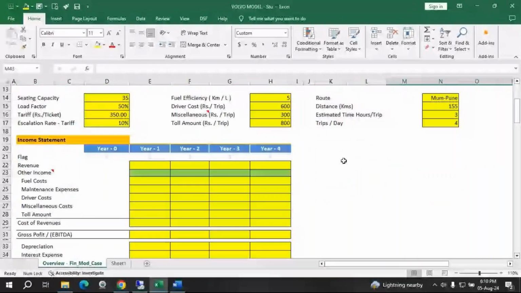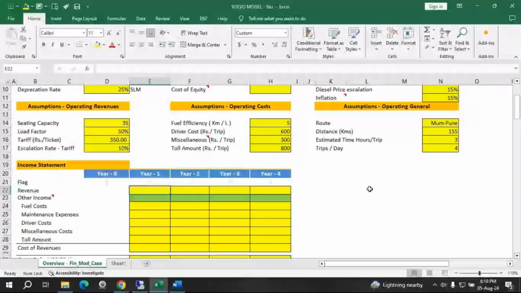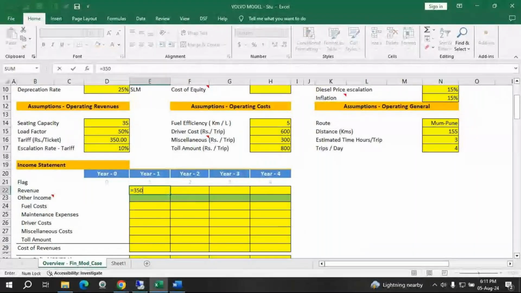The first thing I have to calculate is the revenue. Revenue is equal to the ticket cost, 350, into the number of seats, 35 seats, into the 50% load factor, into the number of trips per day, 4 trips. This is for one day, so I need to calculate it for 365 days. So the ticket cost, the number of seats, the load factor, the number of trips, and 365 days. Per year the revenue will be